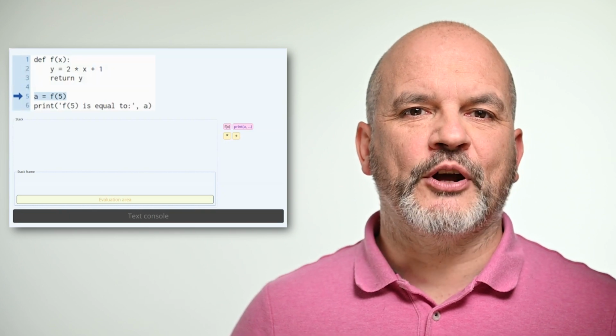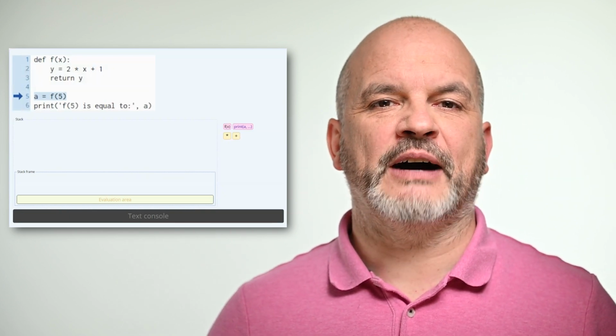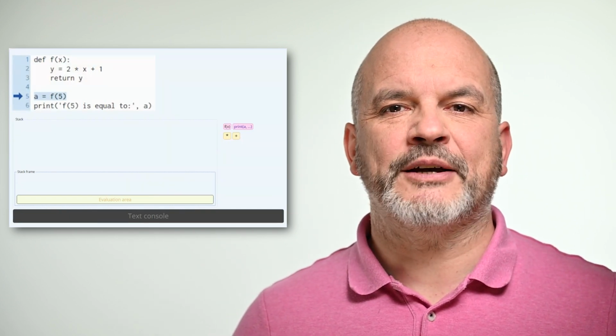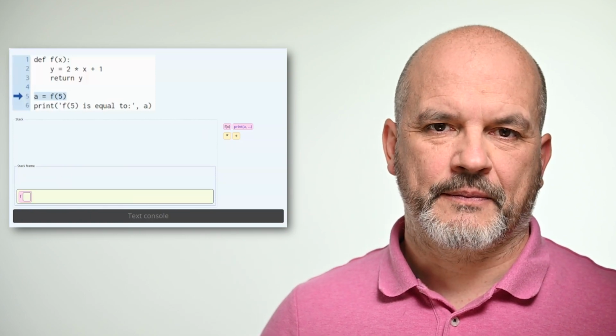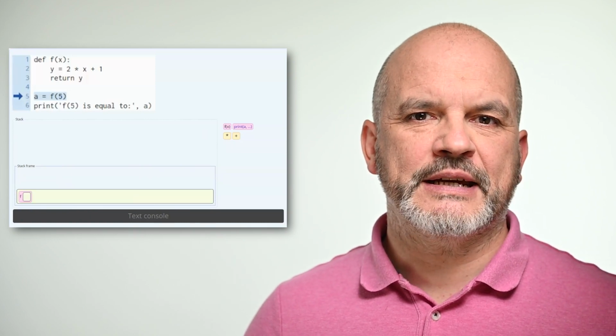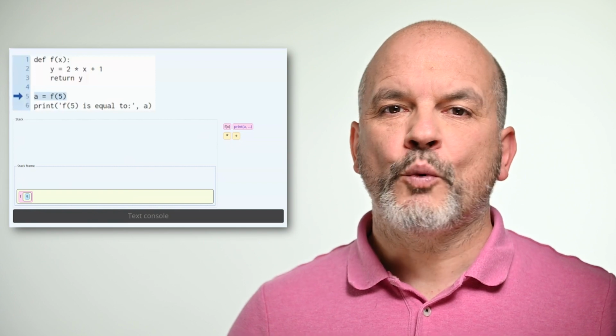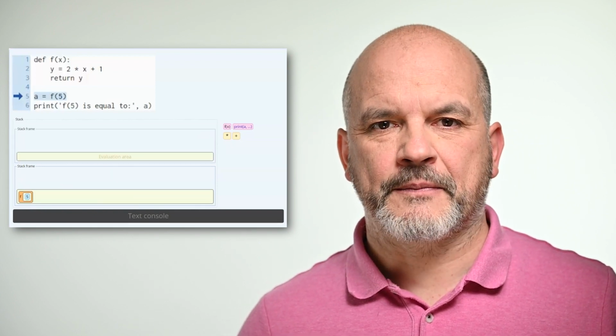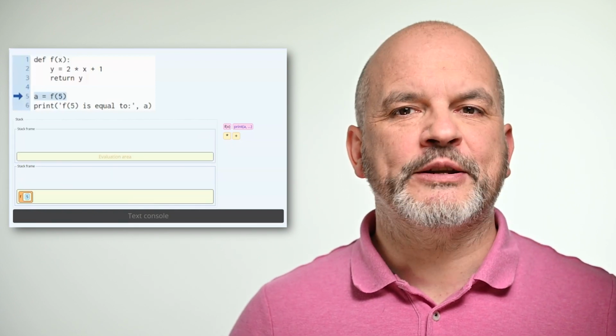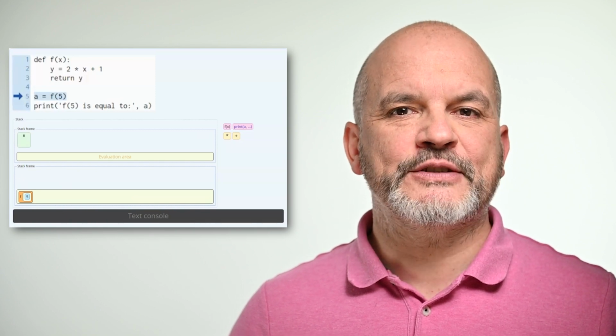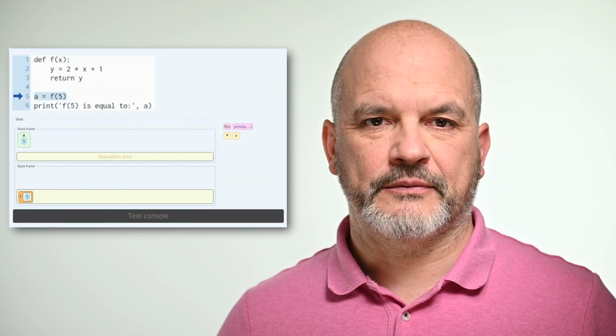Next, the interpreter reads the statement on line 5 and evaluates the right-hand side of the assignment. The right-hand side of the assignment is a call to the function f with the argument 5. The function is then evaluated where the parameter x is assigned the value 5.